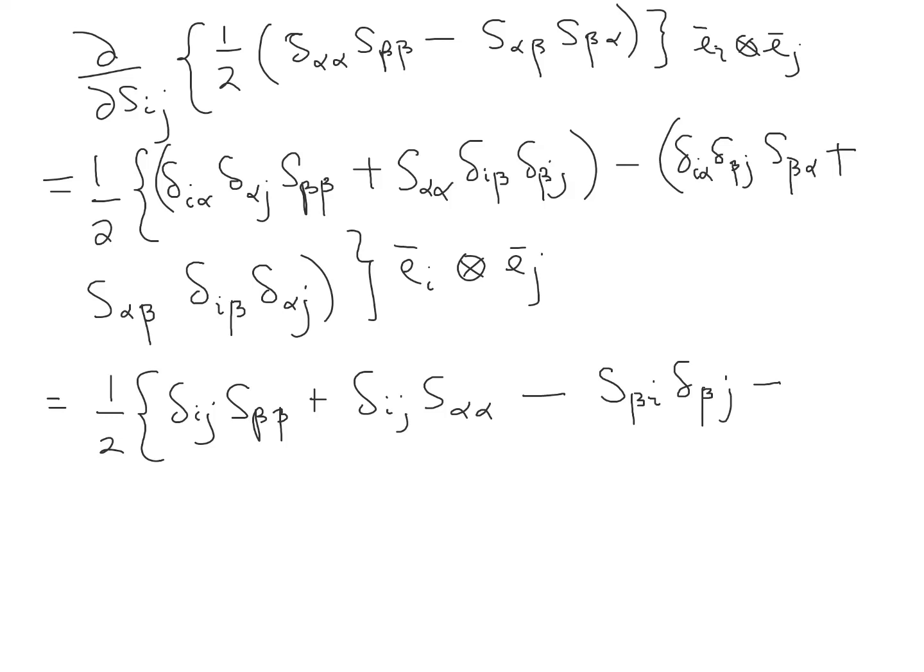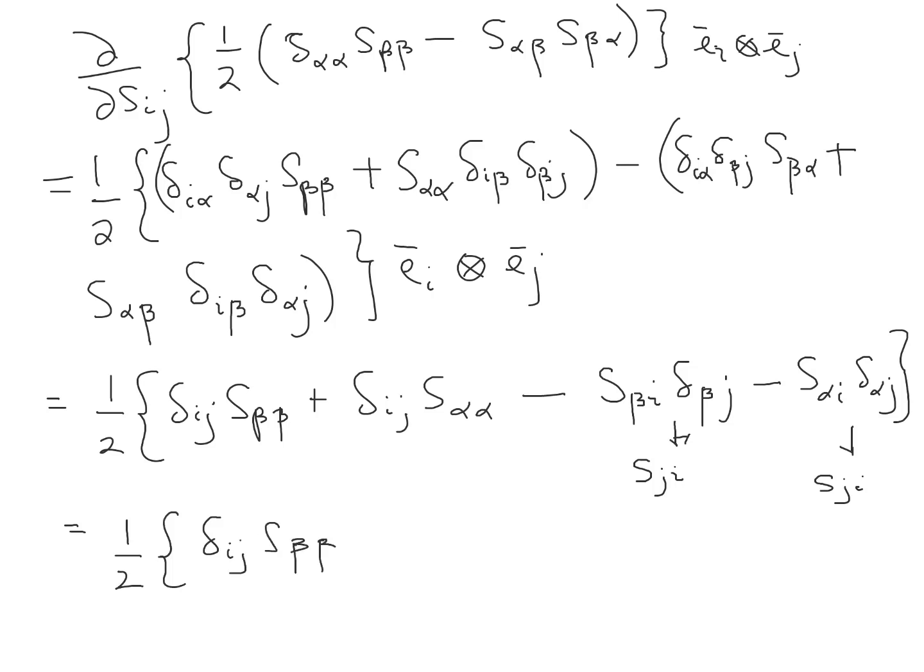Minus, perform a contraction again, you will see that you would have S alpha I, Kronecker delta alpha J. But you can perform a second contraction here for this term. This time, if you perform a second contraction, you have S JI. For this term here, you will see you have S JI. Okay, so it means that this can be written as half Kronecker delta IJ S beta beta plus Kronecker delta IJ S alpha alpha minus SJI